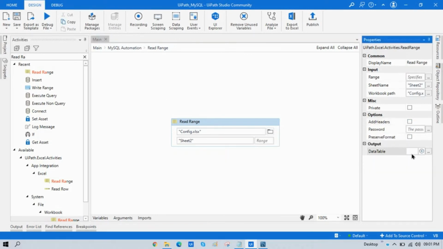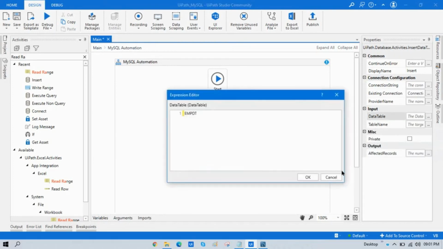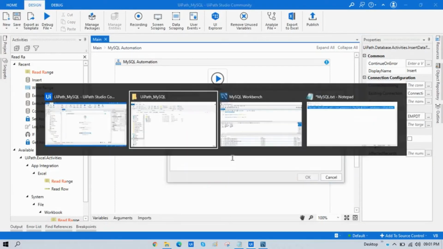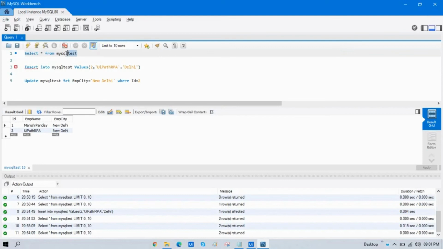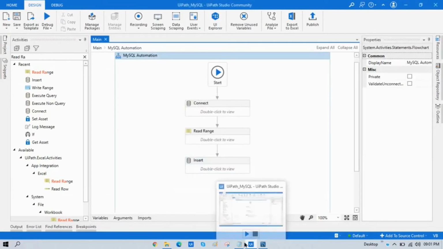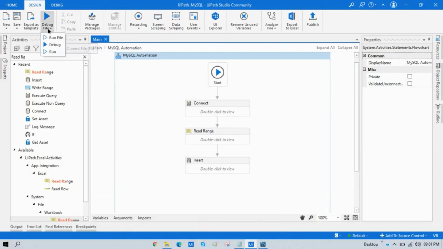Now just put here empdt, which we have created. We already have that. Now in the insert we already have this existing connection string. Now in the data table I'm going to use empdt. Now in the table name I need this table name, MySQL test. I will copy this, in the double quotation I will paste that, and then if you have this Excel open, just close that. Now run this one.